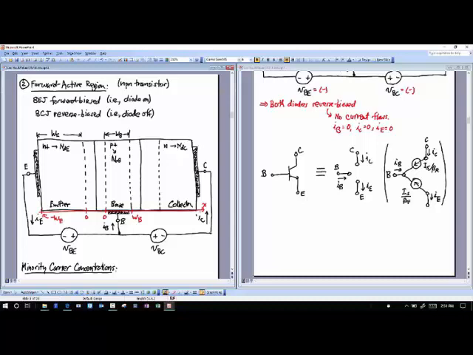Remember the MOS device was purely symmetric? I had an N plus and a gate over that whole thing. This is not. I could make it purely symmetric if I wanted to, with N plus and P plus, and these N's having the same concentration. I don't want to do that, because the performance of this device is better in the forward active direction if I make this N plus and I make that N. If I have a lighter doping in the collector than in the emitter, I get a better device, and I will tell you why later on.